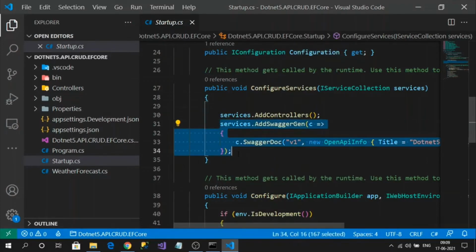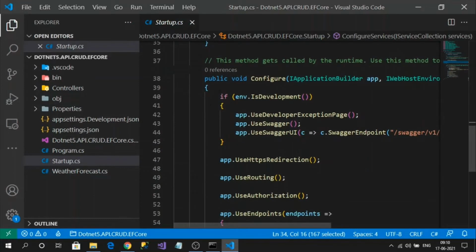The next thing is Swagger. Swagger is nothing but a documentation tool or a testing tool that Microsoft provides us by default in .NET. Using this tool, we can very easily test our API. If we don't have this tool, we must depend upon external tools like Fiddler or Postman. Now without using external tools, from our application only, in local development, we can easily test our APIs using this Swagger document. How Swagger looks, how it will show the APIs, and how we will test the APIs, I'm going to show in the next steps.